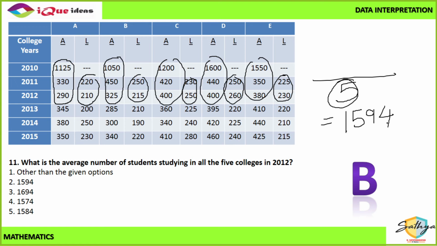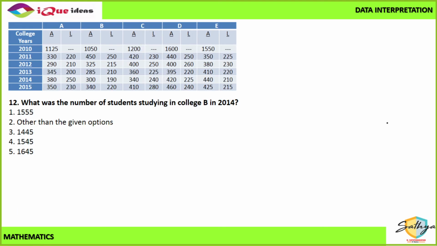Right? So this, like I said, till now we have seen only 4 concepts are generally covered. Either it will be calculation based, or some sort of average, or some sort of ratio proportion, or some sort of percentage. Right? These are the main 4 concepts. And if you get that, then most of the data interpretation problems will be very easily solved. Okay, moving ahead to the next one.